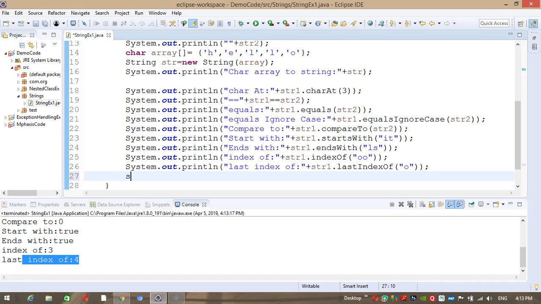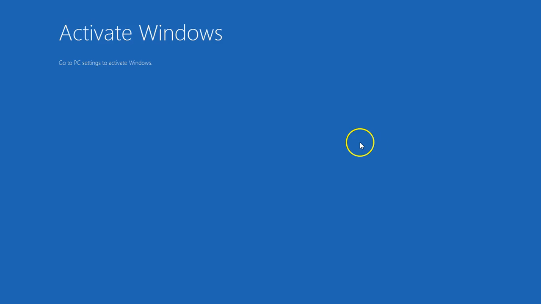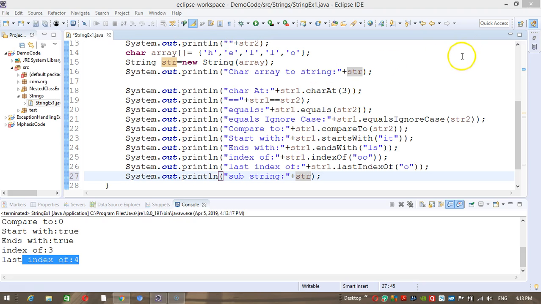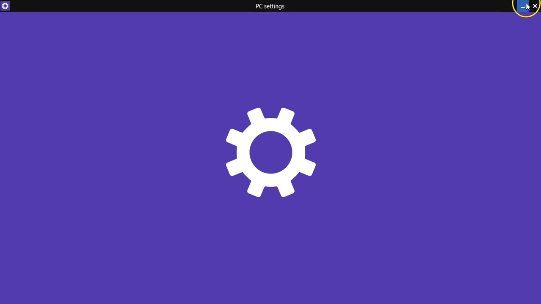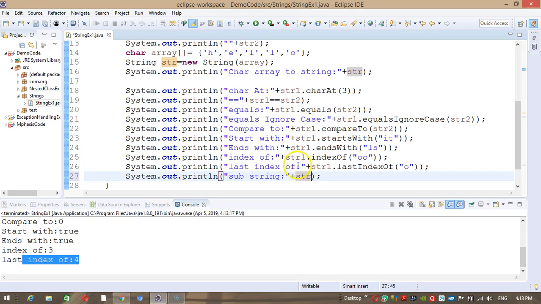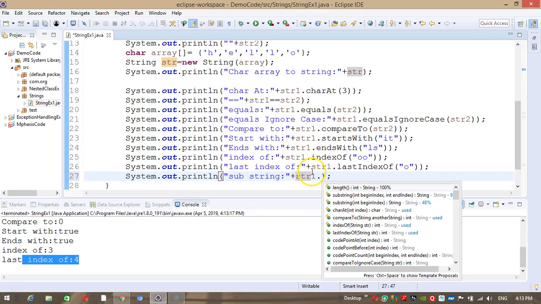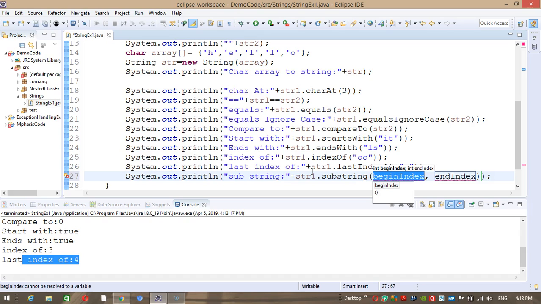Substring. The substring method returns some particular characters from the string.